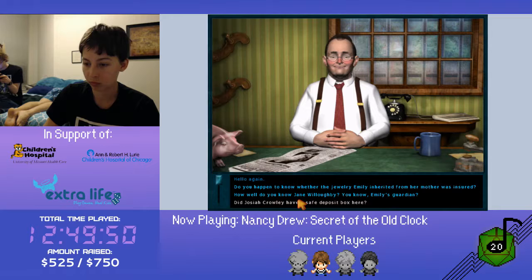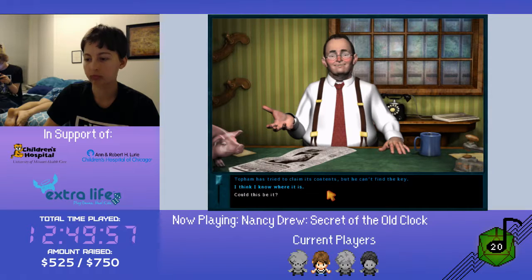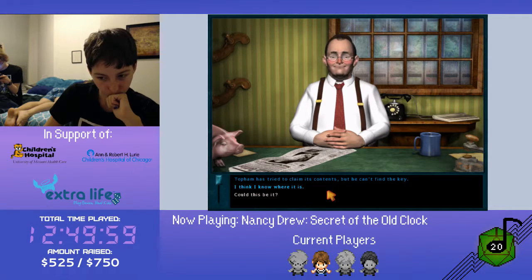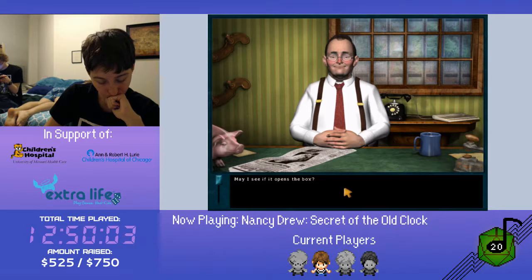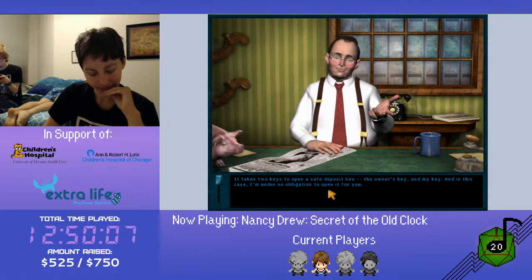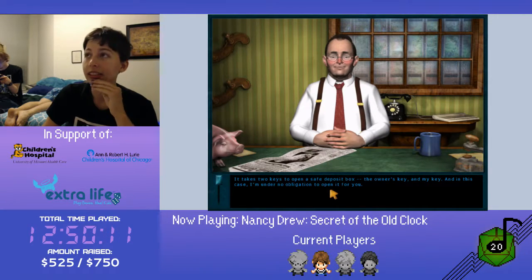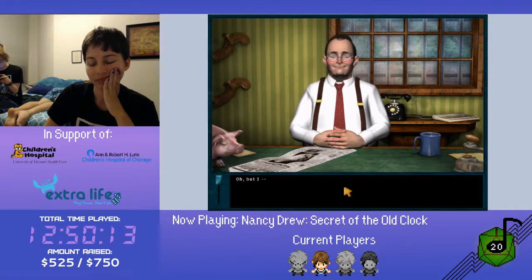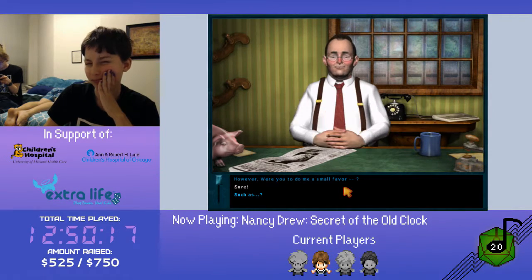Hello again. Did Josiah Crowley have a safe deposit box here? As a matter of fact, he did. Topham has tried to claim its contents, but he can't find the key. Could this be it? It is from this bank. May I see if it opens the box? It takes 2 keys to open a safe deposit box. The owner's key and my key. And in this case, I'm under no obligation to open it for you. Oh, but however, were you to do me a small favor...